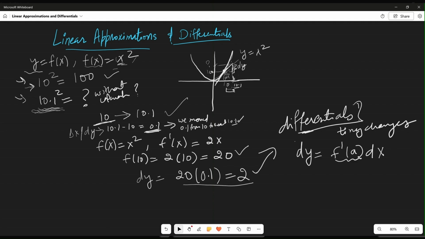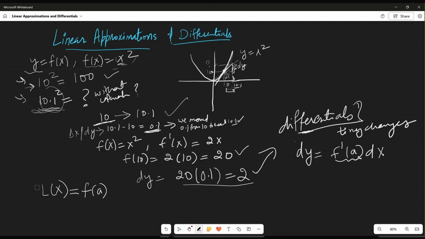So now how can we put these together to find the value of 10.1 squared? This is where you can memorize this linearization equation. I mean, we don't have to. I think you pretty much understood what we are talking about. The value of the function at what we already know, the starting point, plus